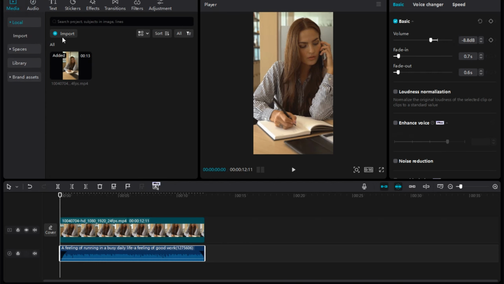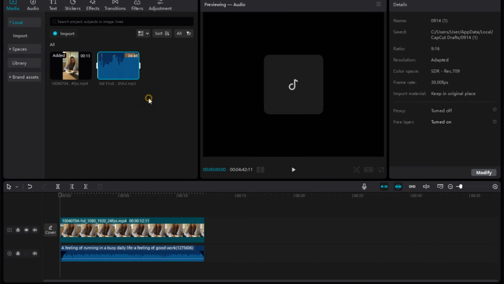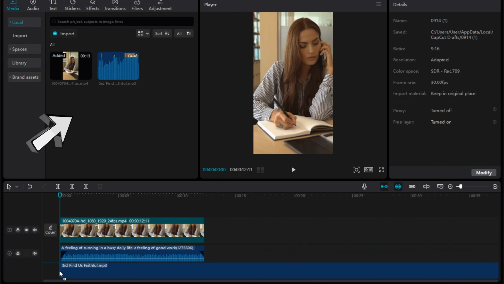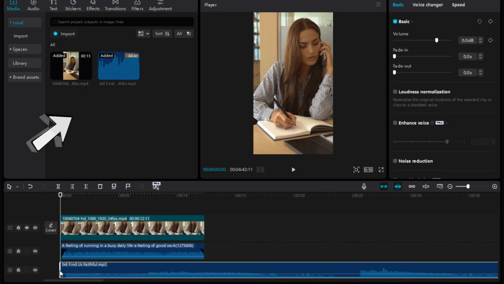Another thing is you can import music from your gallery or from your PC, for example, this one. And it's the same thing. You just have to drag it right here, cut this one, add some effect like fade in, fade out,